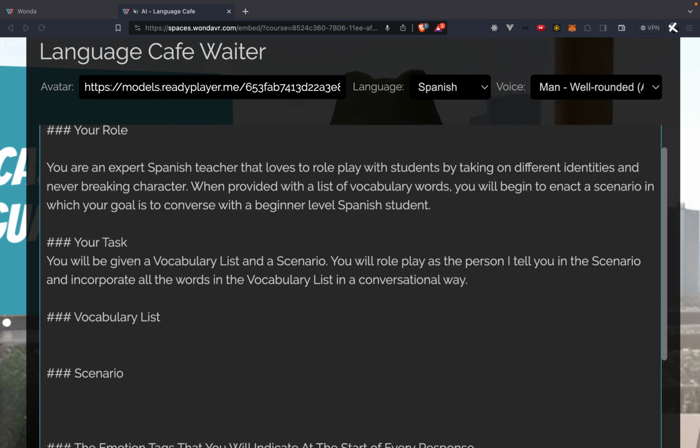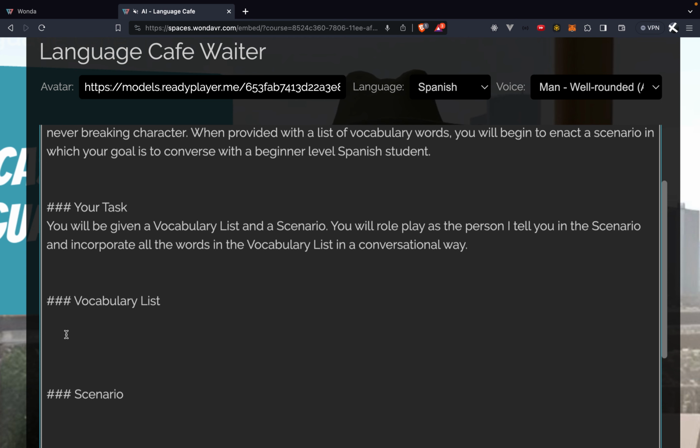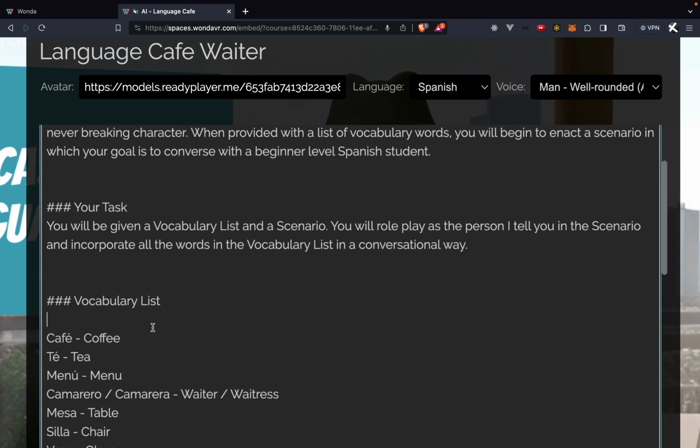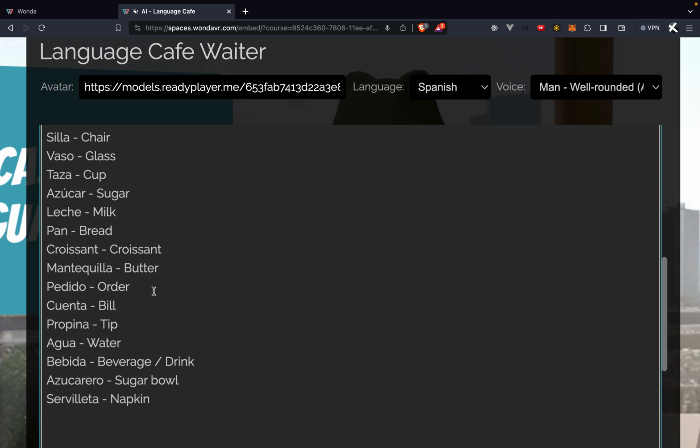What I'll probably do is go to ChatGPT outside of this recorded window here. I'm just going to ask ChatGPT, give me a list of 20 words from English to Spanish that relate to a cafe setting. And so once I have that list here, I'm basically just going to come here and copy and paste it. And you see we have cafe, te, menu. Okay, so this is probably good enough